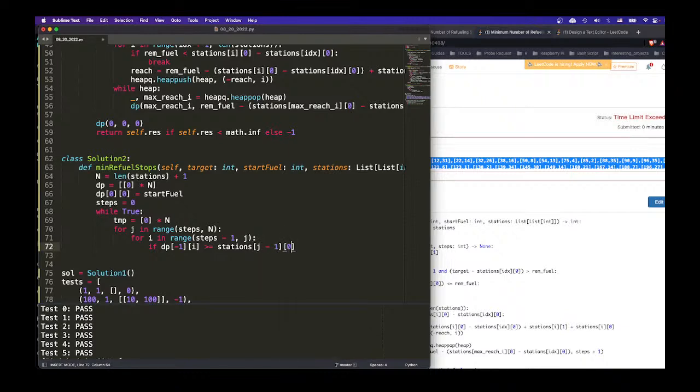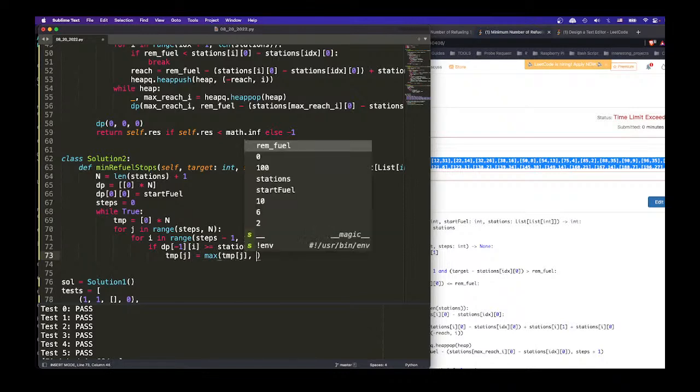So if the maximum we can reach from the previous is larger or equal to where I am, then we can say temp[j], right? temp[j] equals maximum of temp[j], and so the amount,